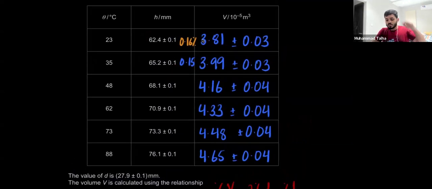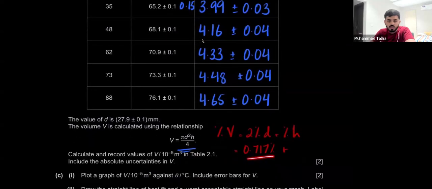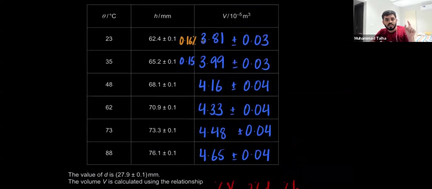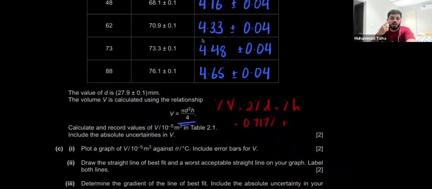So for example, in this case, for this one, I've done 0.1 over 62.4 times 100, which turns out to be 0.16%. I add this to this value, this becomes my total percentage uncertainty in V, and then I just take this percentage of the value of V, which gives me this absolute uncertainty, right? That's how I do it in this one. So yeah, that's how I fill out this entire table. Again, max min you can also use, but I generally don't prefer using it because it's a lot of work in the calculator. It also takes more time.